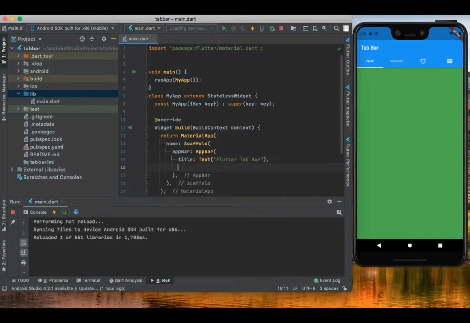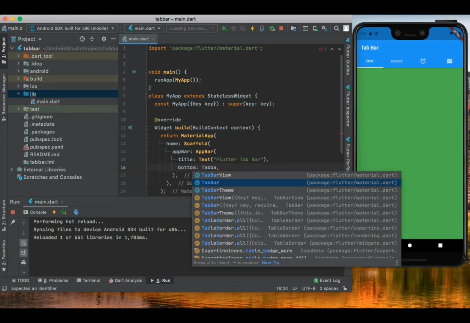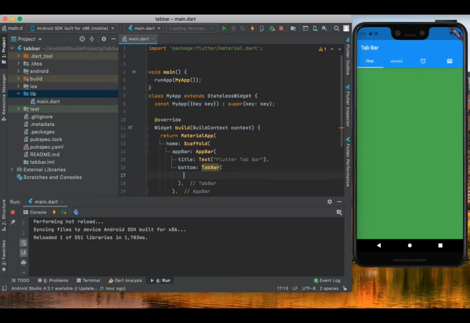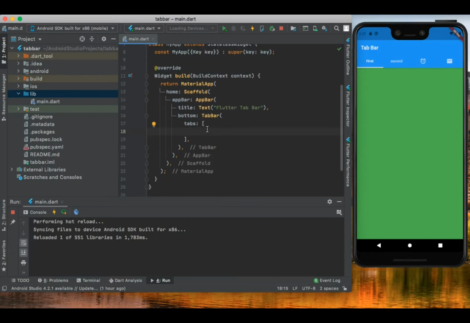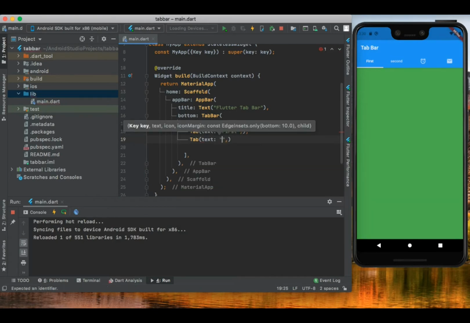And after the title, another thing which app bar has is bottom. Create a widget inside it, tab bar. Inside the tab bar it takes a tab array. As many tabs as we want we can define inside this array or this list. So the first tab I'm going to say tab, and the text which my first tab has, I'm going to give it first tab, and also we can give a second tab, its text is second, and the third tab also